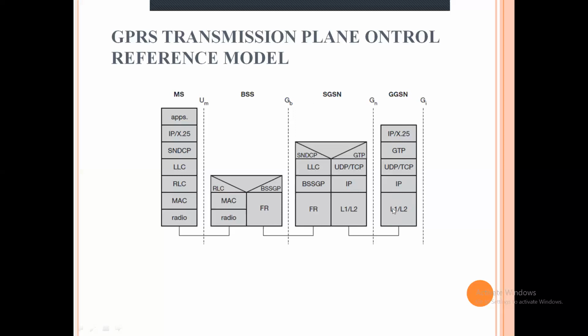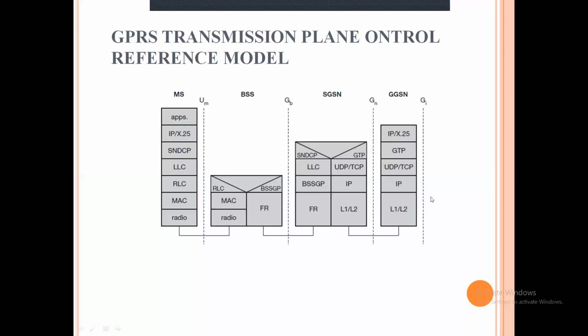Okay, in this diagram, in this GPRS protocol stack, all you need to know is what the protocols present at each component are. What are the protocols at the mobile station? What are the protocols at each layer at the base station subsystem? What are the protocols at each layer in the Serving GPRS Support Node? And what are the protocols at each layer in the Gateway GPRS Support Node? You just need to know what protocols are present at each layer, at each device.